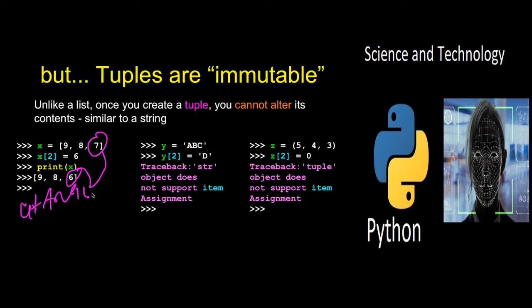changeable. Right? They're changeable. But if we try to do that same thing with a string, so we say y equals ABC, and we know that this is position 0, 1, and 2, but if we try to say, let's change the C to a D by saying y sub 2 equals D, that is not allowed. And it says it doesn't support item